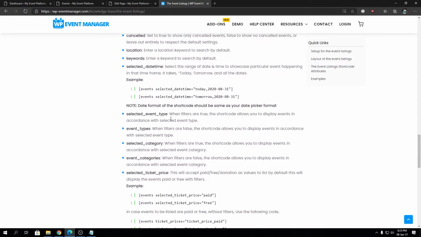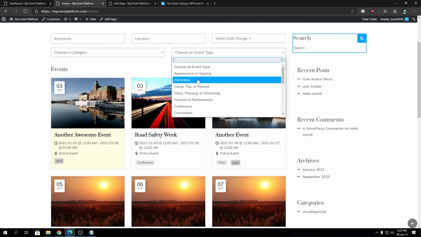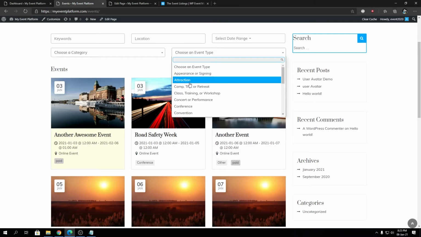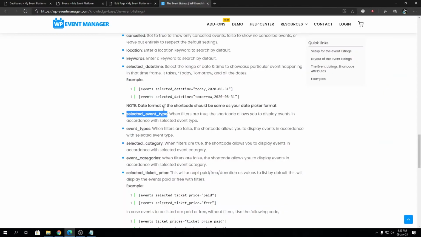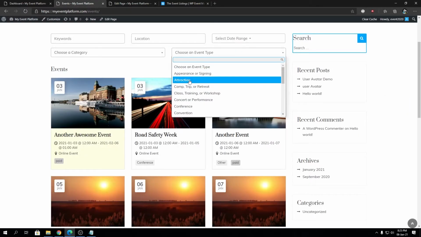All right. So what is selected event type and event type? I'm going to explain it in one go. Let's say we use one parameter with the selected event type. If you filter your events over here using an event type, the events will get filtered according to that event type only. That's pretty normal, but the event type attribute over here is vice versa. If you use the event types attribute and set it to one event type, then it will show all the events without that event type. So, negative and positive value.